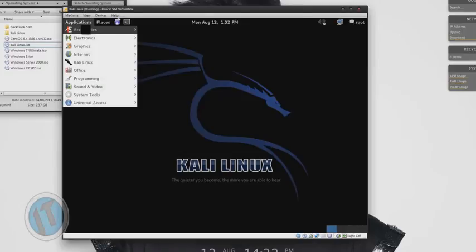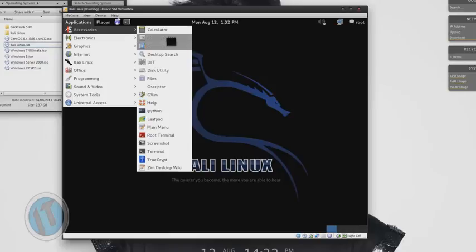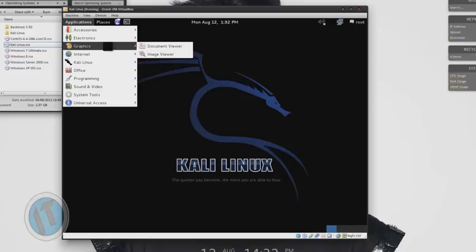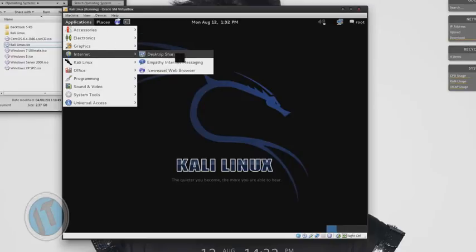In the applications, under accessories we've got our calculator, character map, contacts, desktop search, etc. We've also got TrueCrypt pre-installed, and instead of GeoEdit we now have LeafPad. In electronics, we have the ability to program the Arduino in an integrated development environment. We have a document viewer, an image viewer, and desktop sharing,